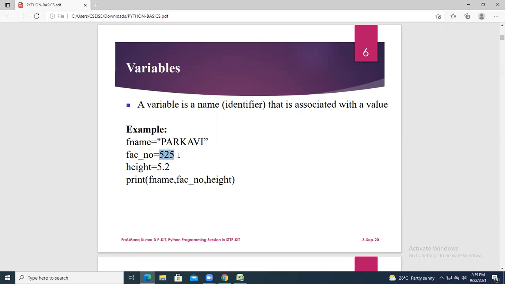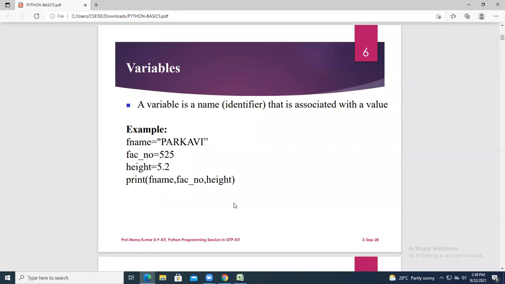This one is an integer value. This one is a floating type value. So a variable is associated with values. We are giving values of different data types: string, integer, float. And finally, to print, you take print of all the variables.